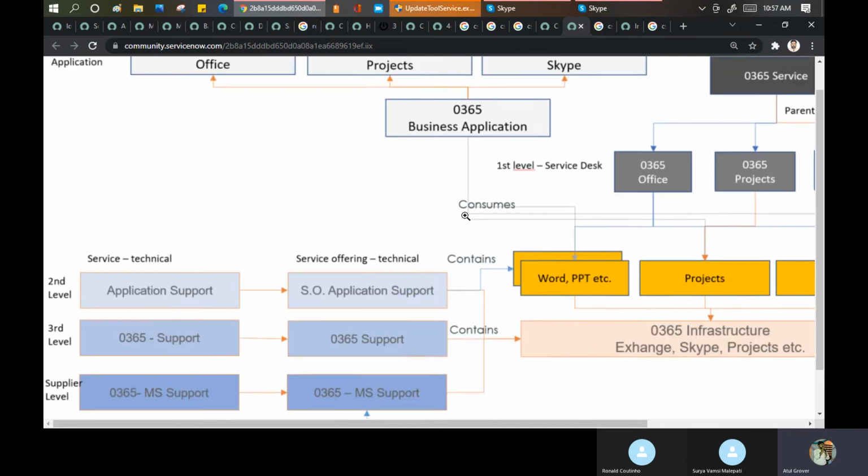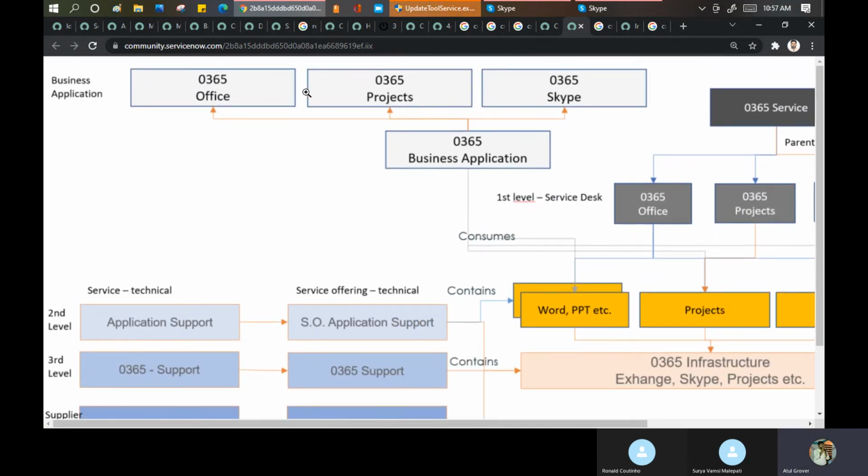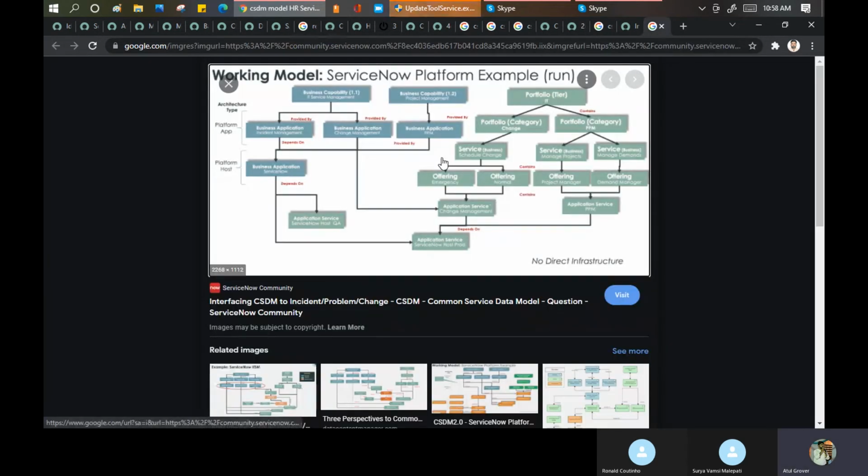And on the top, if you see, these are called the business application. Business applications can be a logical or can be a physical. If you are installing some servers, it is a business application installation. Or in the Office 365, if I say Office 365 is my business application, it is what type of business application? It is a production, it is a dev, or it is a test. ये थोड़ा सा complicated है समझने के लिए. ठीक है, let me see if I can get any other example here.